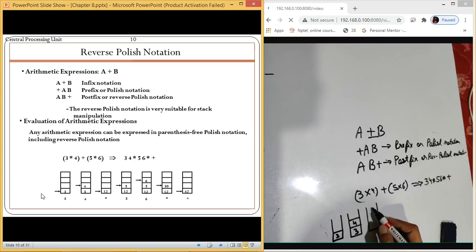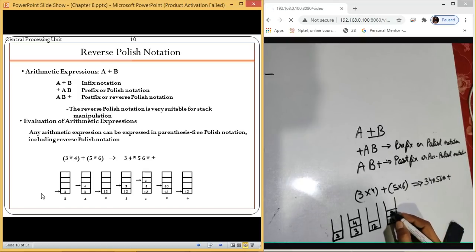So multiply operation will be done. So it will be done on the topmost two elements, 4 and 3. The answer is 12. After this, once 12 is calculated, 5 will be pushed. After this, 6 will be pushed. So 12, 5, and 6.